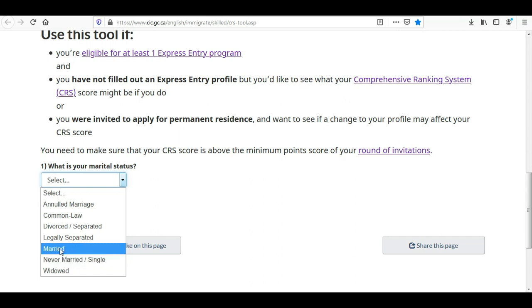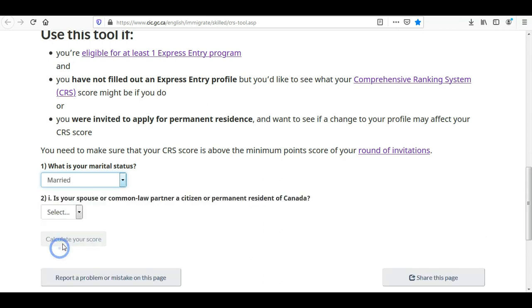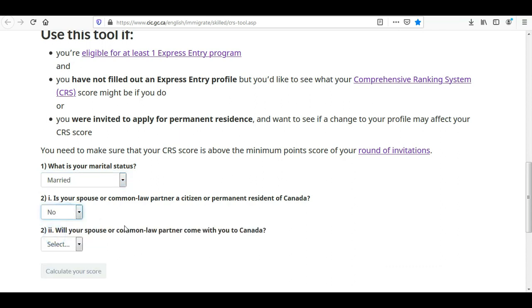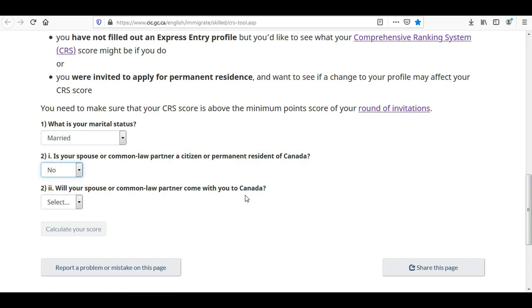I assume that I am a married guy and I want to migrate with my spouse to Canada. Now the next question is, is your spouse or common law partner a citizen or permanent resident? Let's say the answer is no. Will your spouse or common law partner come with you?